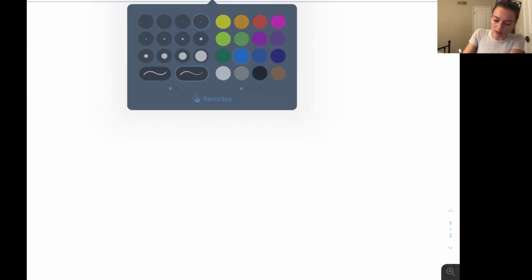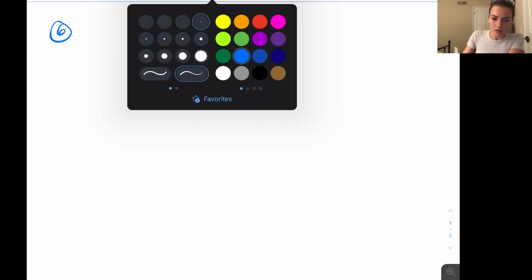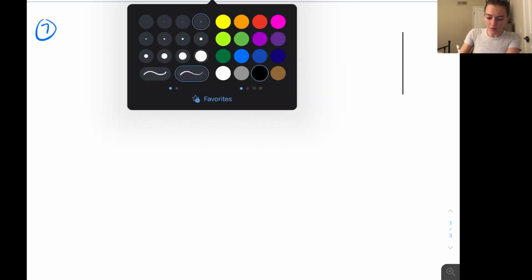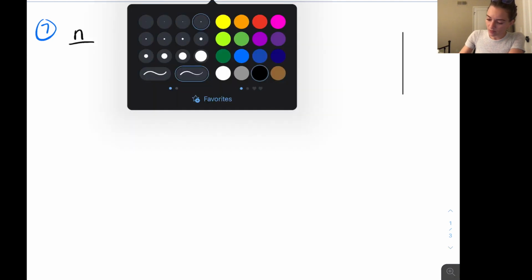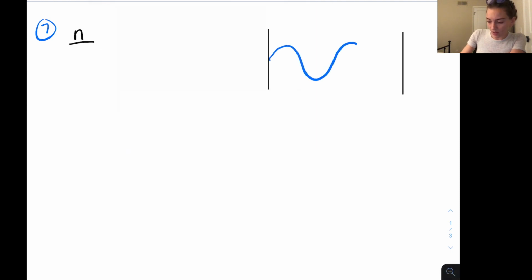Okay, then I just want to go over some of the two short answer problems. So, was it number 6? No, number 7. I want to go over part of number 7. So for part B and C, you had this electromagnetic standing wave in a cavity. So it had 2 walls here, let's say. And it said that for the nth frequency, the nodes were spaced 2 centimeters apart. So let's just say our wave looked something like that,